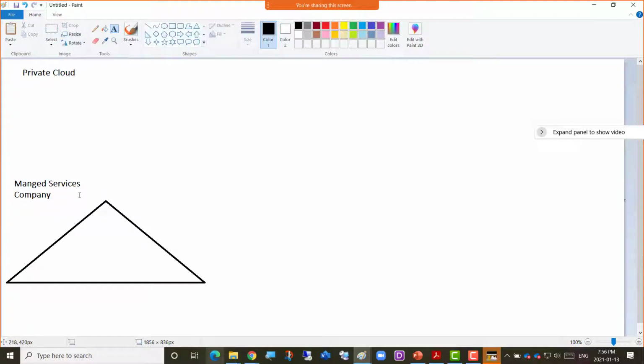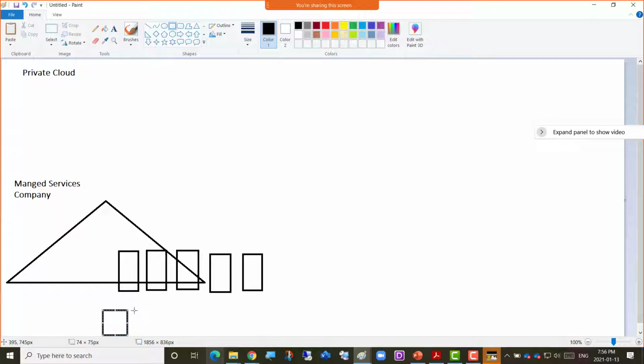So what do they do? They have one client whose two machines are here, and they're a small company. Then they have another client whose 5 machines are here. Then they have another client whose 20 machines are here, and they are handling different smaller local companies, and they tell them, hey, we're going to handle your applications, you don't have to worry about that, you just pay us this much amount monthly. So what they do, nowadays they are creating private cloud, which is what?